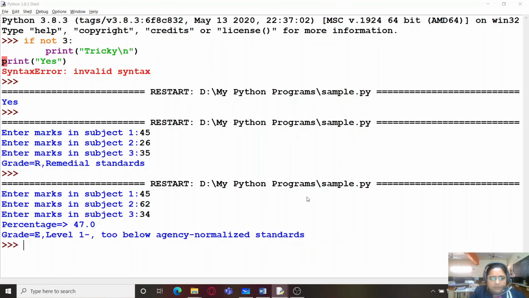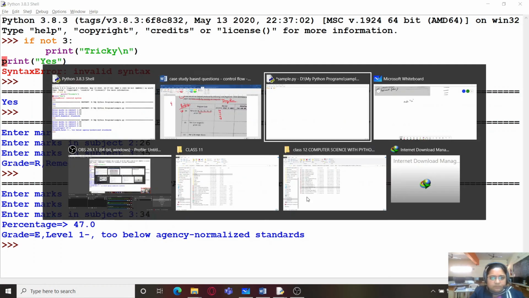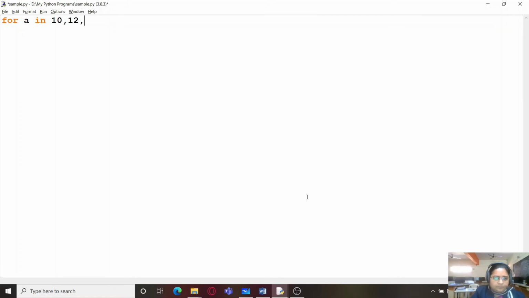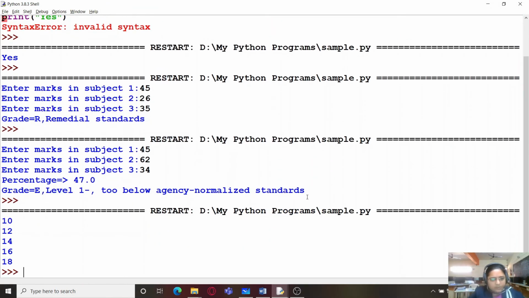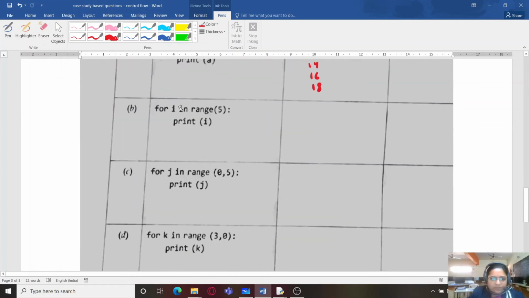For a in, and print a, so we will see what value it gives us. As we had speculated, it is giving us the correct output. So our output is correct. What we did practically was the actual output, and what we determined on paper is the dry run. Coming to the next one, we have